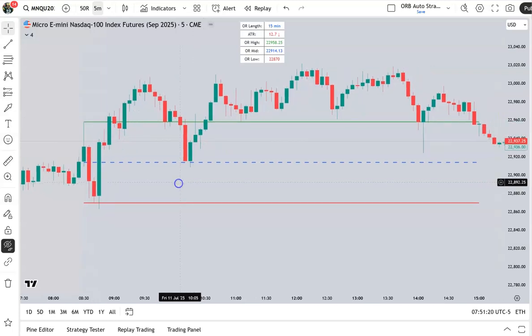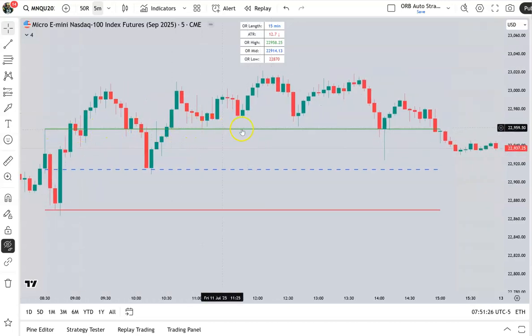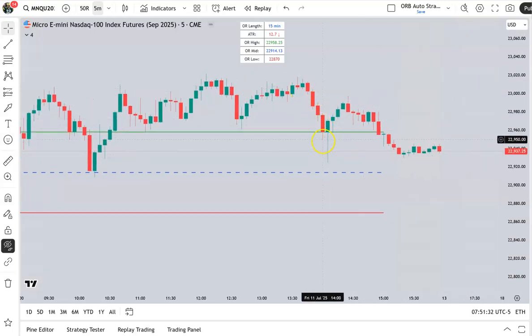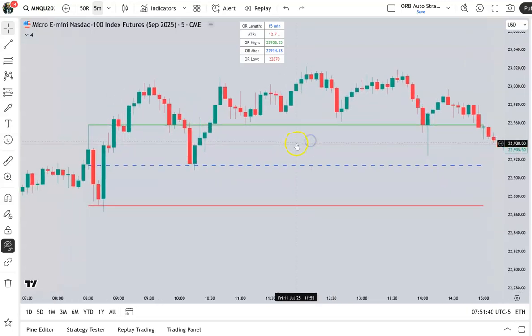Okay. We come back up, retest the high, go back up. But look at how they respected this opening range high. Look at here. This was a really weird candle. This was later in the afternoon at around 2 o'clock. Look at how that wick came almost down to the level, and then it reversed up. So, like I said, a lot of opportunity